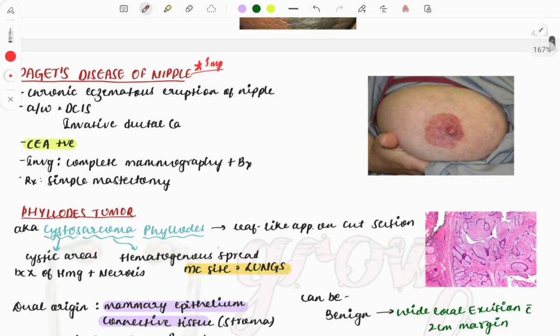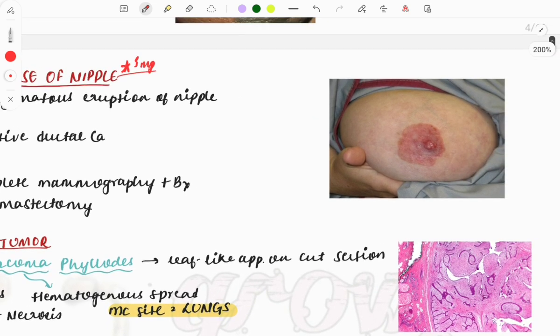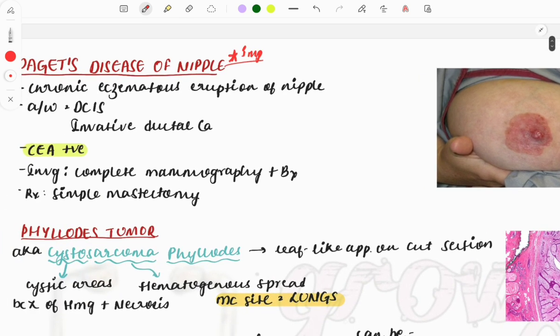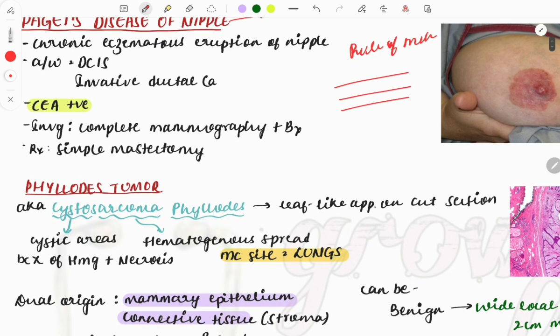Okay, so Paget's disease of the nipple, again very important, and questions have been repeatedly asked on this, and it's quite simple. If you have watched the video on the rule out method of solving MCQs, which I've already posted, you can get an idea about this disease. If Paget's disease of the nipple is given in the question, and they describe a few options, let me explain it clearly to you, a clinical case, and they will describe a patient with a complaint of